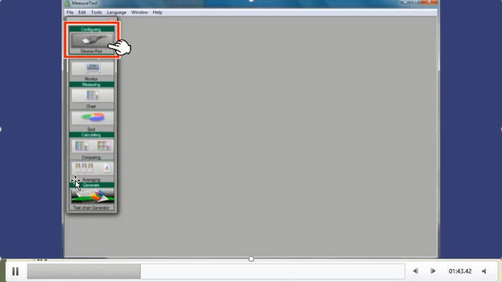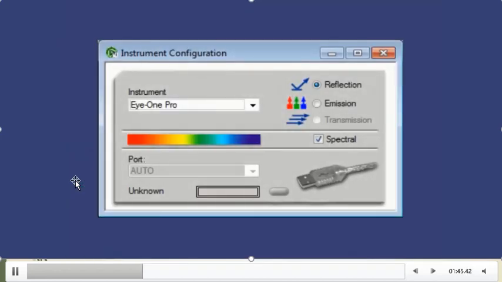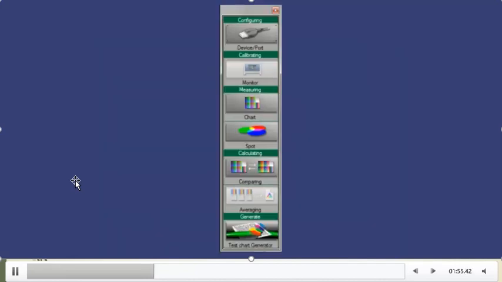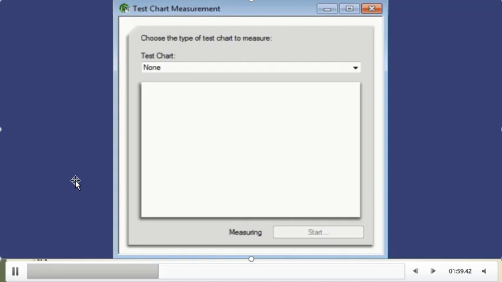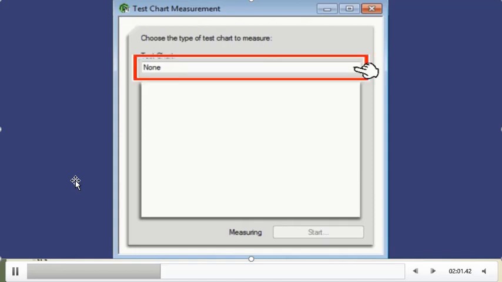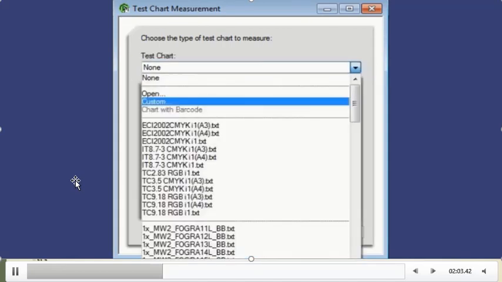First we will click on device port. At the start it will show unknown. Unknown means the device is not connected till now. As soon as it shows OK, that means your measurement tool is now connected. Now you can go for the measurement. Click on chart and then select the custom option.